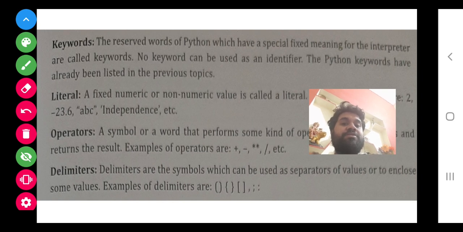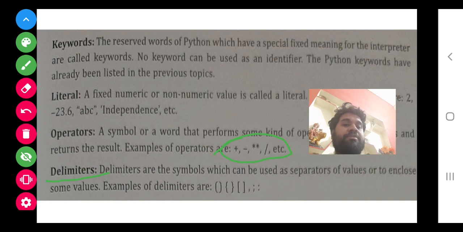Now next is the operator. Operators you understand now, there are many operators, greater than, smaller than, and all that you have used. Next is the delimiters. Delimiters give a proper ending or start of a statement.